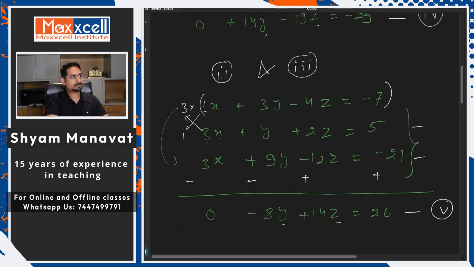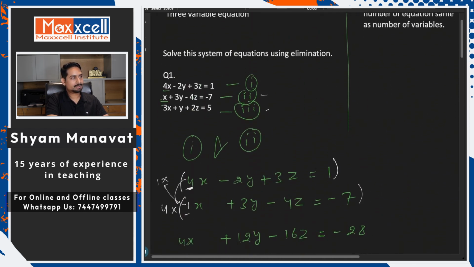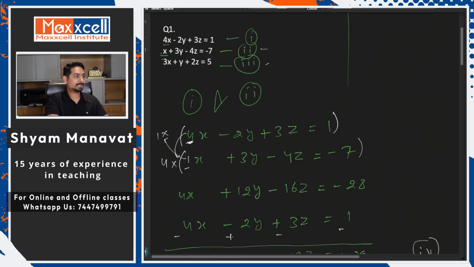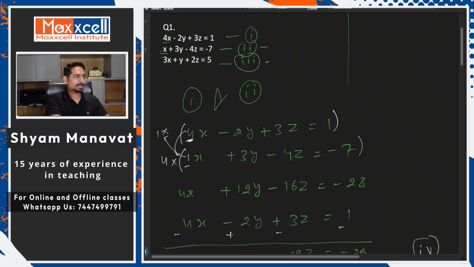Now what you can do, you can take either one of the original equations 1, 2, 3, and you can substitute the values of two variables which you got here, y and z, and get the value of x. So all elimination and substitution you can combine. So let me conclude this later. First let's find out the value of x. You can use either one of them. For me, equation number 2 is looking a little easy. Let me pick equation number 2 from here,